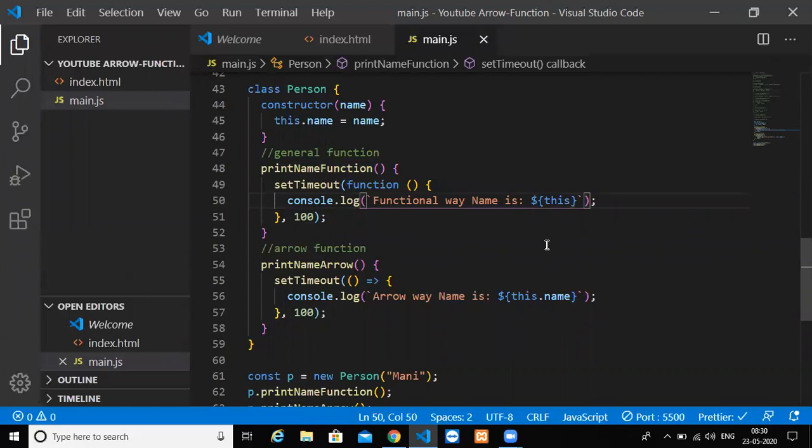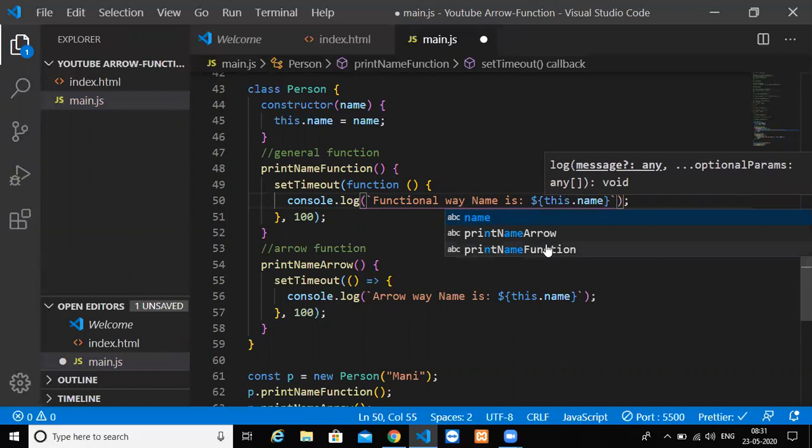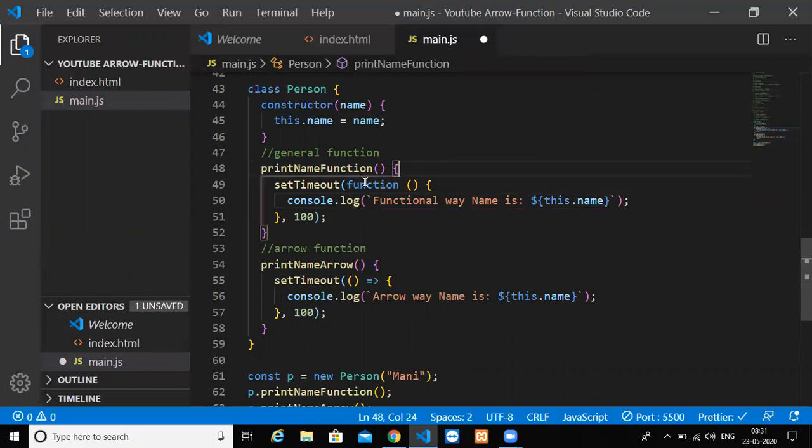Understand? That is why we are not getting the data, because general functions in JavaScript, if not inside a class or an object, will point to a window object. And this callback function has nothing to do with this person object.